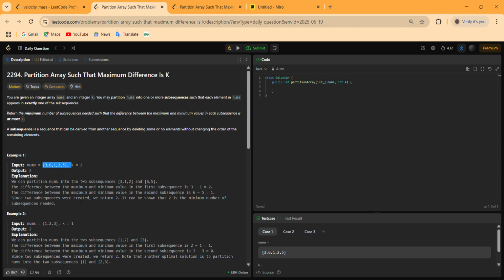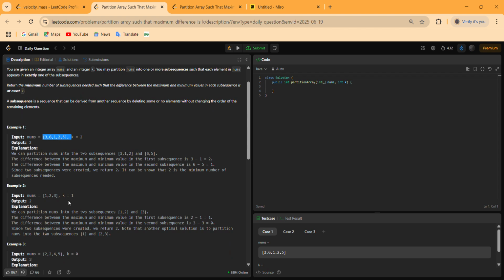Now in this example number 2, we have given k equals 1 and nums equals 1, 2, 3. And if we have to make the partition in this nums, it is not possible to partition the nums into single elements, because we have to find the difference between the maximum and minimum values in the subsequence.